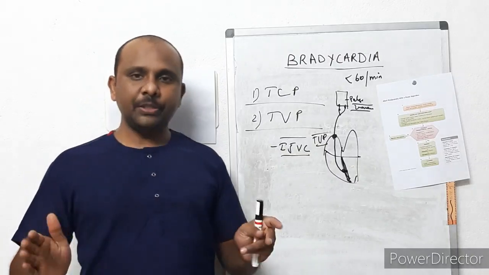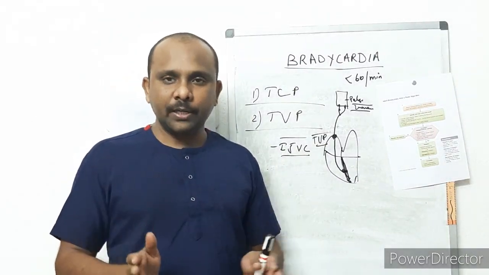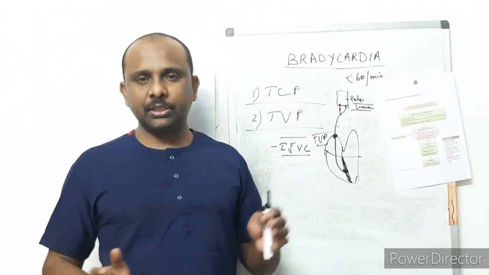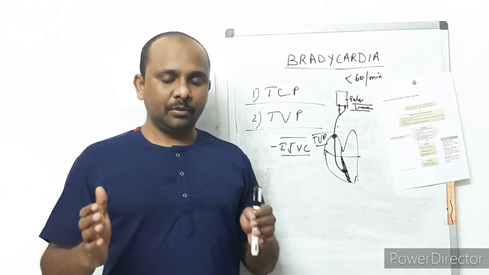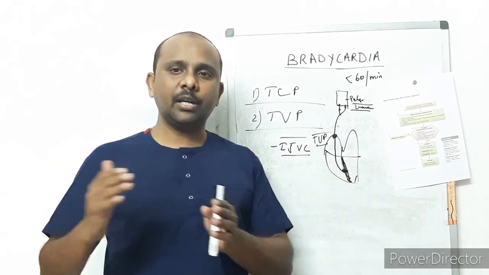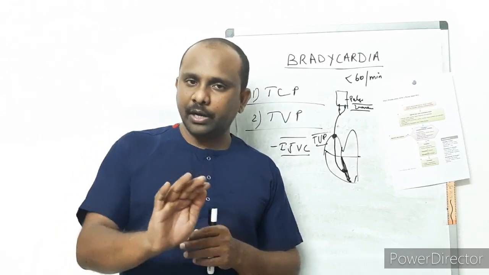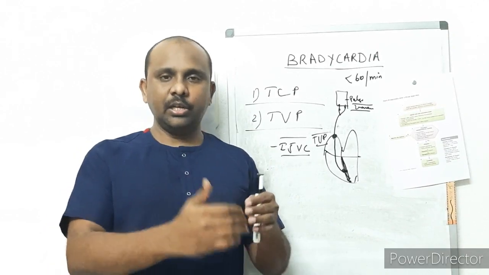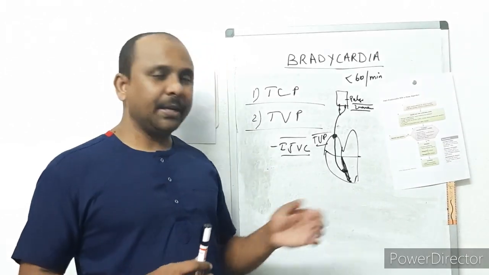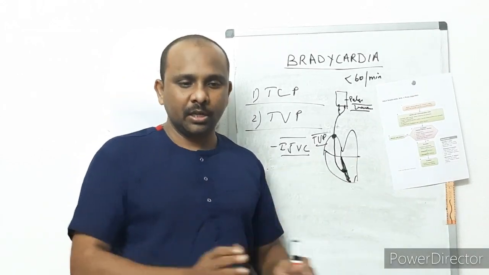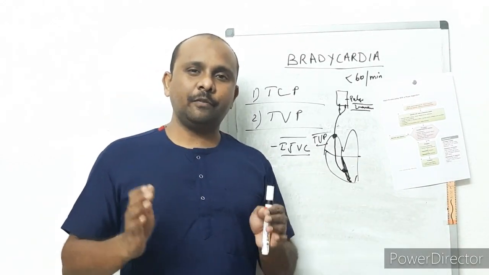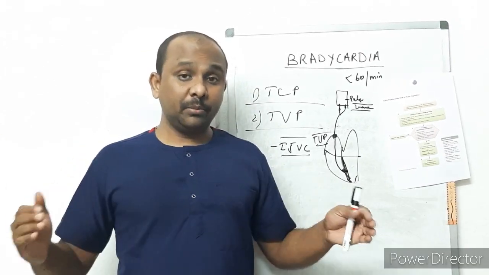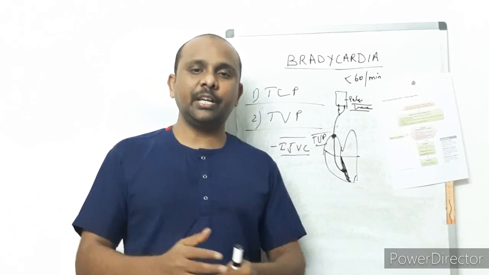Any patient coming to you with bradycardia, the first job is to stabilize the airway, breathing, circulation, take the 12-lead ECG and see whether it is symptomatic bradycardia or asymptomatic bradycardia. Asymptomatic bradycardia, you are not going to treat that, you just observe and monitor, right? Symptomatic bradycardia, yes, then you go for the PADU treatment. Prepare for the pacing, give atropine. The atropine dose is 0.5 mg IV bolus. You can repeat the atropine dose every 3 to 5 minutes. Keep in mind that the maximum dose is 3 mg, right?